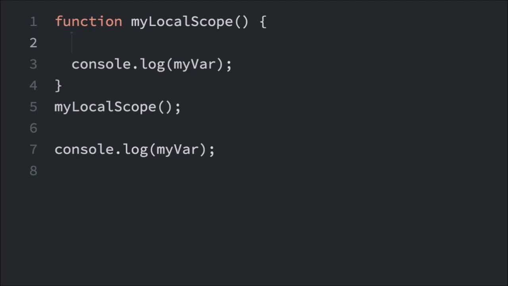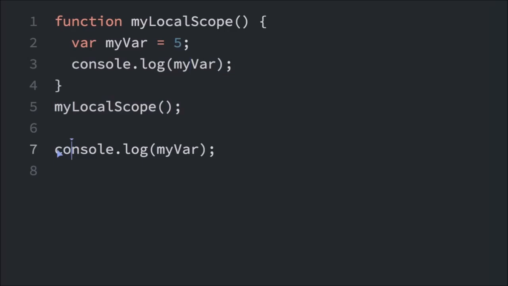Variables which are declared within a function as well as the function parameters have local scope. That means they are only visible from within the function. Let me show you what I mean. If I declare a variable right here, myVar equals 5. So we've declared this variable inside a function. So this variable, myVar, is only visible inside the function. So it says console.log myVar, it should console.log the 5. So we're going to call the function here, and it's going to console.log myVar,